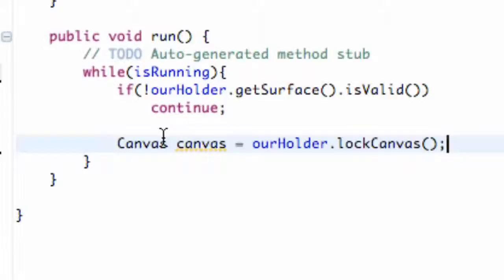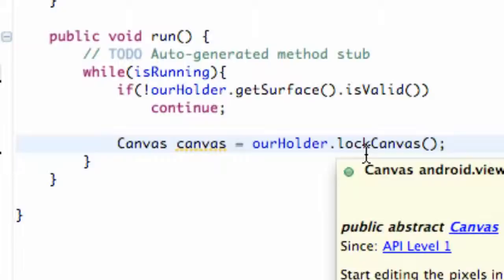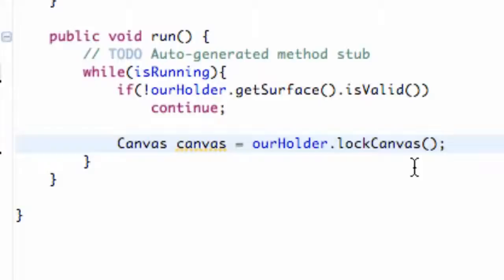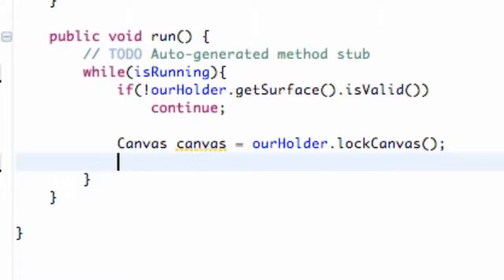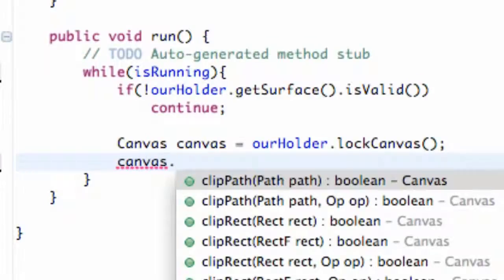Basically what's happening is we have this masterpiece, this great idea, and we want to paint it. So we're going to lock our door, paint on our canvas, and then unlock our door and show the whole world what we came up with. That's what we're doing within this loop. We're locking the canvas so no other classes, no other activities, no other threads can access it. That's the point of locking it. Once it's locked, this is where we start drawing on it. So we're going to say canvas dot draw